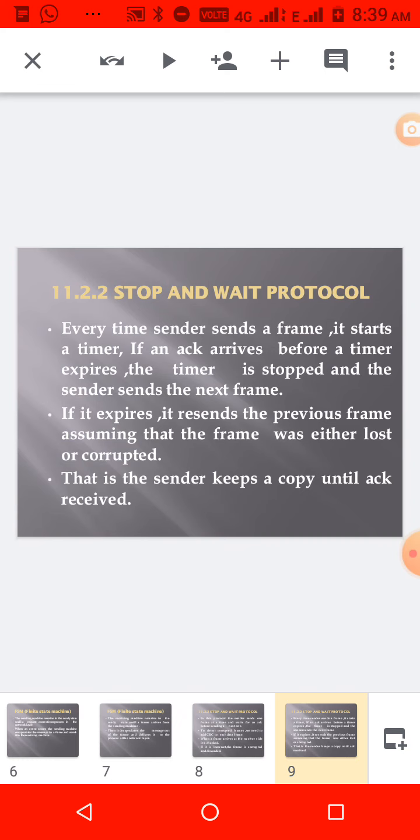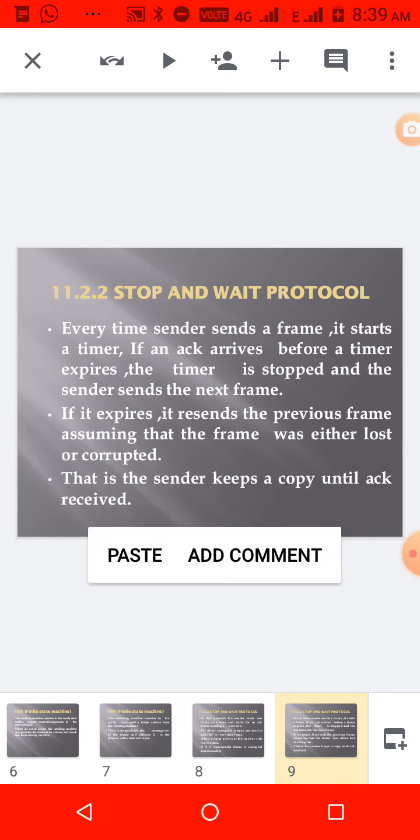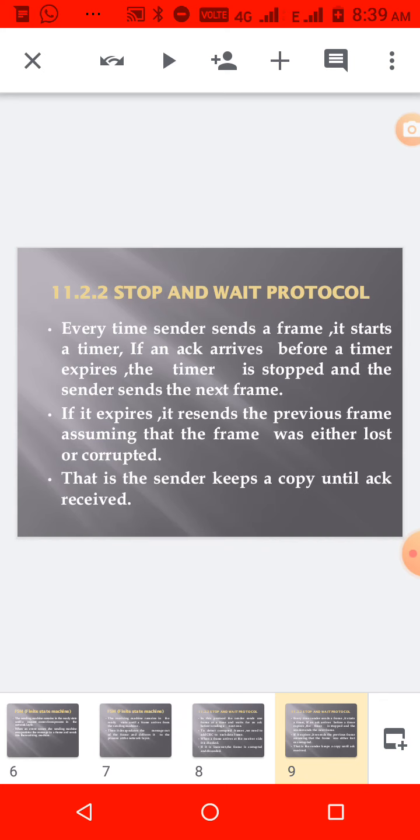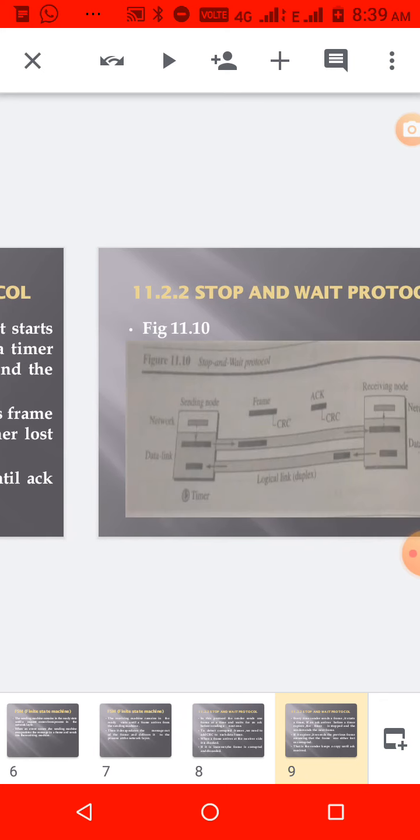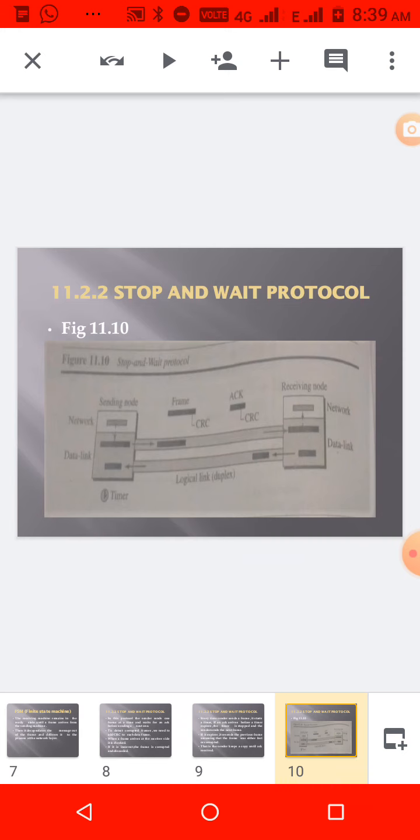So every time it is keeping a copy of that frame before sending. So if any frame is corrupted or lost, then it will again send a copy. That is resending the copy. This is stop and wait protocol. Here we are waiting for an acknowledgement. After the frame is sent, the sender is waiting for an acknowledgement.